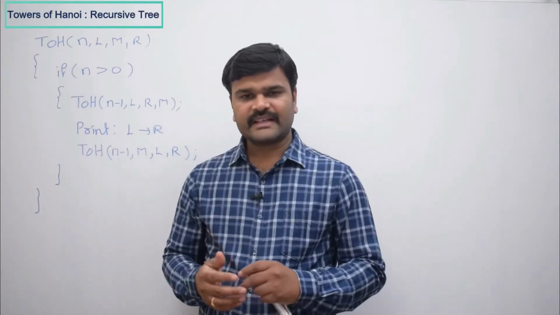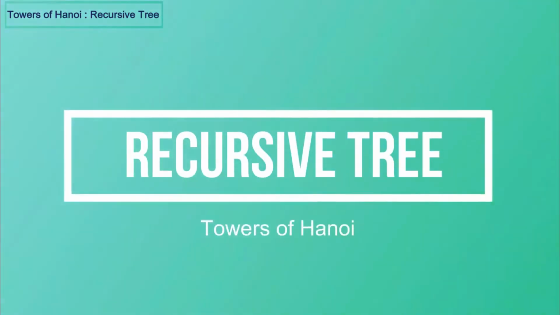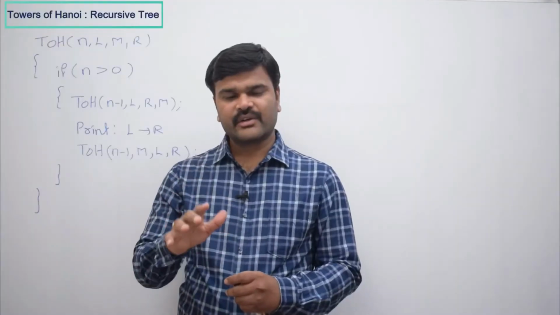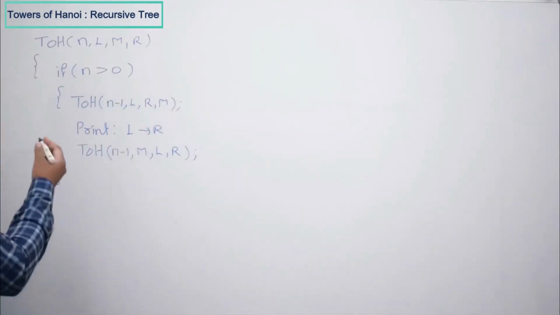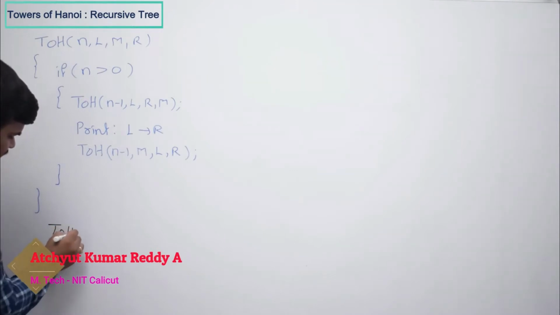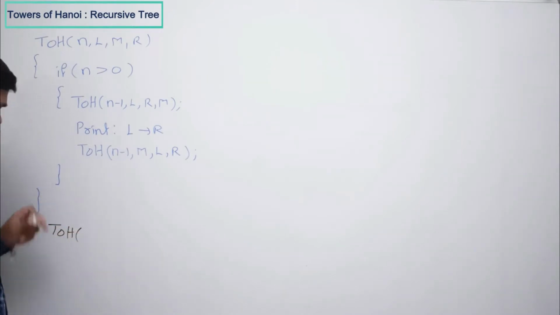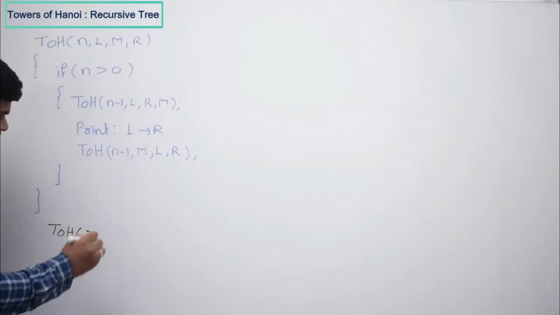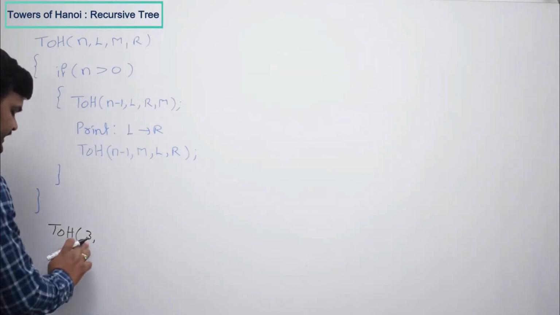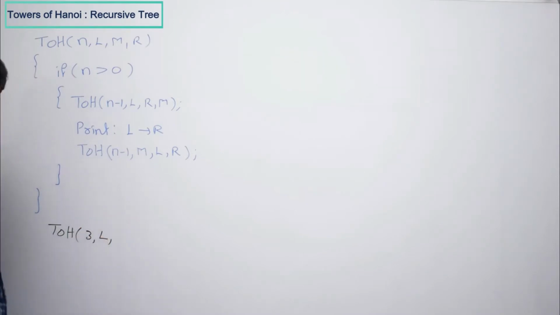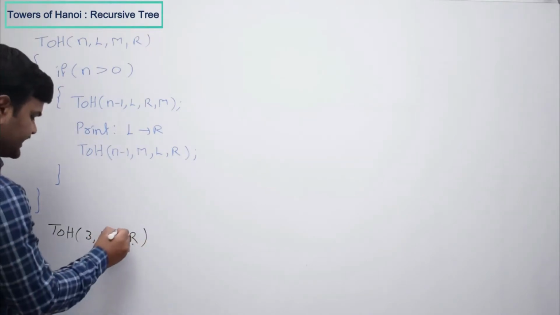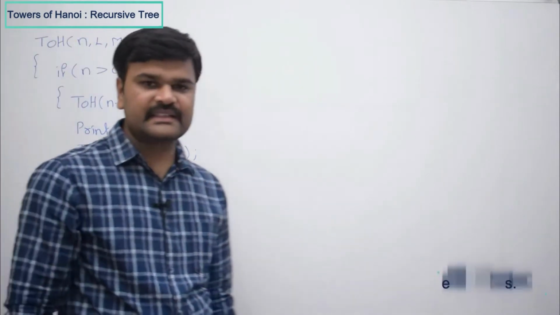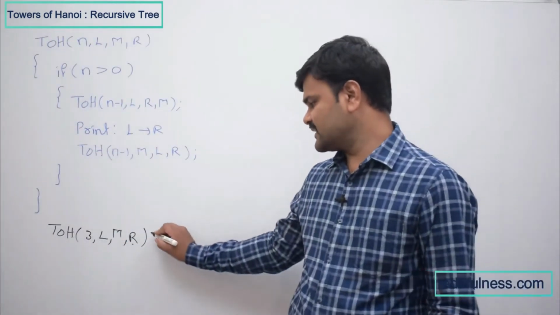So now let us try to construct a recursive tree, so that we can observe many things. The actual analysis part we can get from the recursive tree. Suppose somewhere you called the Towers of Hanoi function, initially with 3 disks. These 3 disks initially exist at the left tower, and you have to shift these disks to the right tower by using a helping tower, which is M, the middle tower. So that is what the function call happened.